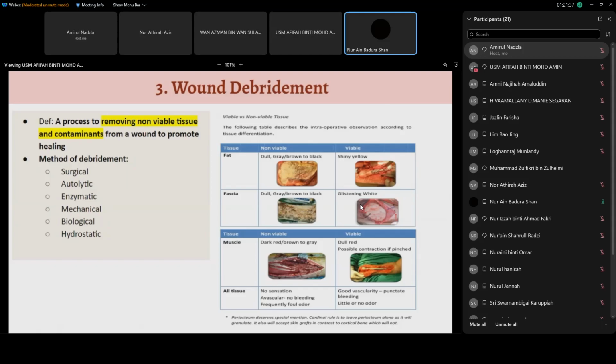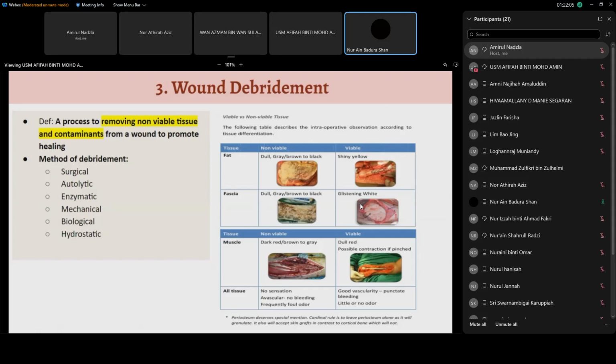How to know whether the wound is viable or not is by looking at the tissue. For example, fat tissue, if it is non-viable, will look dull, grey, or brown to black. However, if it is viable, it will look shiny yellow. For the fascia, it is similar: it will look dull, grey, brown to black if it is non-viable. If it's viable, it will look